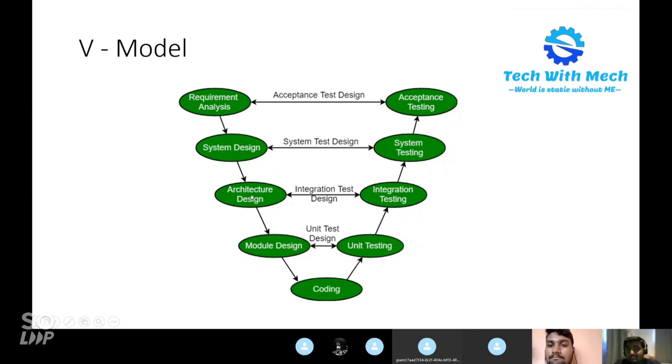Then the third part is the architectural design. As I told you, it's more about the blueprint of the complete system module. So the in and out of the system, everything will be visible. What protocol for the communication needs to be handled, everything will be clear on that. Then the fourth part is more about the module design.